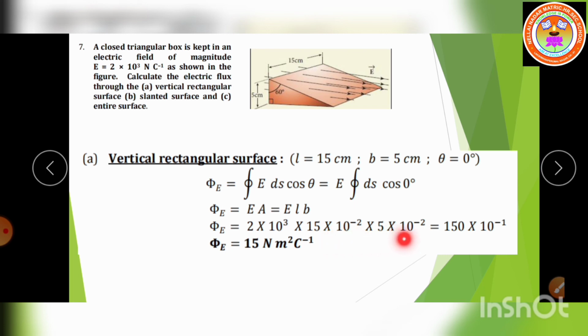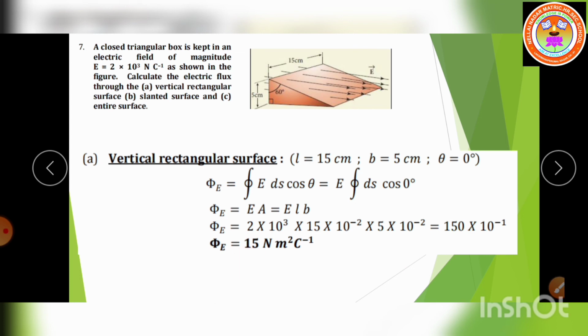If you multiply, 10 power minus 2, 10 power minus 2, gives 10 power minus 4. 10 power minus 4 into 10 power 3 is 10 power minus 1. Next listen, 2 into 5, 10. 10 into 15, 150. So 150 into 10 power minus 1, we are getting the answer 15 Newton meter square